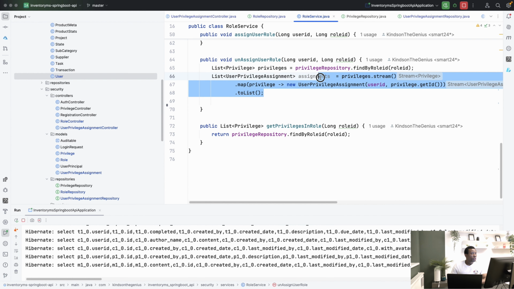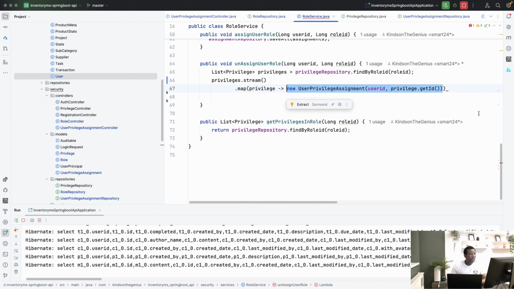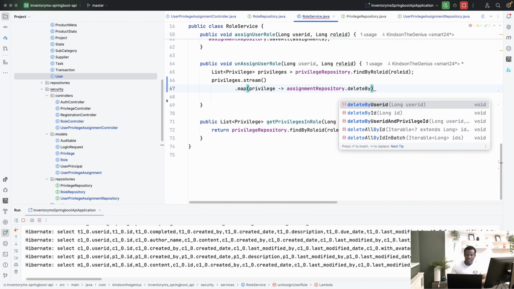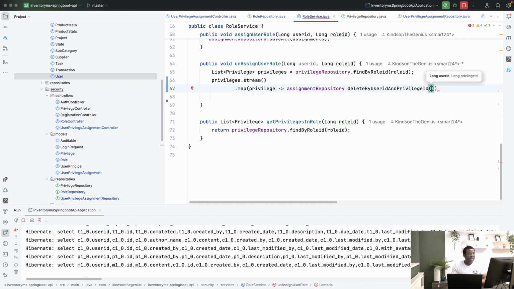So here we are going to map through the privileges, and we are going to delete by user ID and privilege ID. So for each of them, this is not going to return anything, so it's going to be void. So we are going to stream a map, and we are not doing a to list. We are going to do a delete. So we are going to say privilege repository assignment repository.delete by user ID and privilege ID. And we have the user ID and